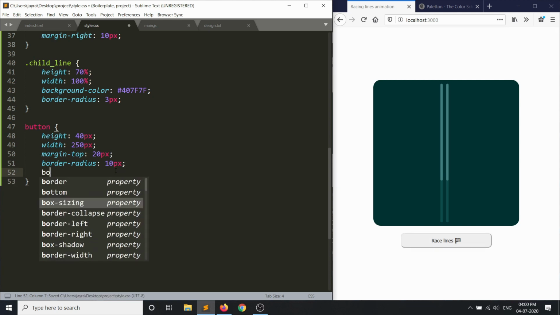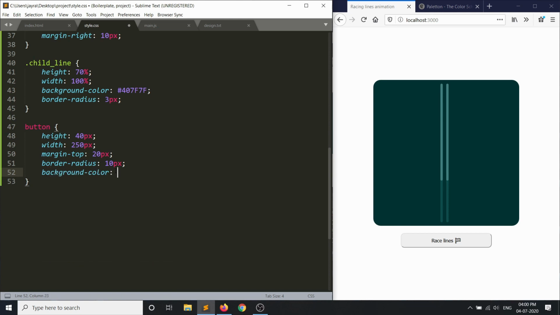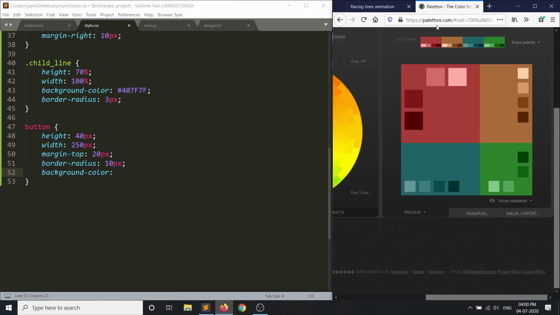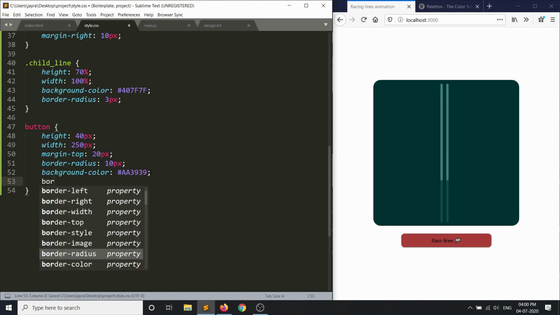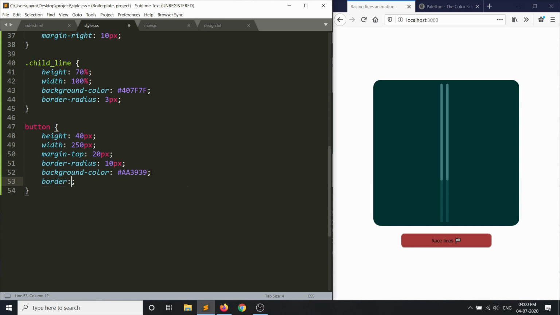Let's first add the background color. Let's pick some color from the pattern. I think this one will look good, which is #AA3939. Let's add the border also. Border 2 pixel, solid, same color, AA3939.